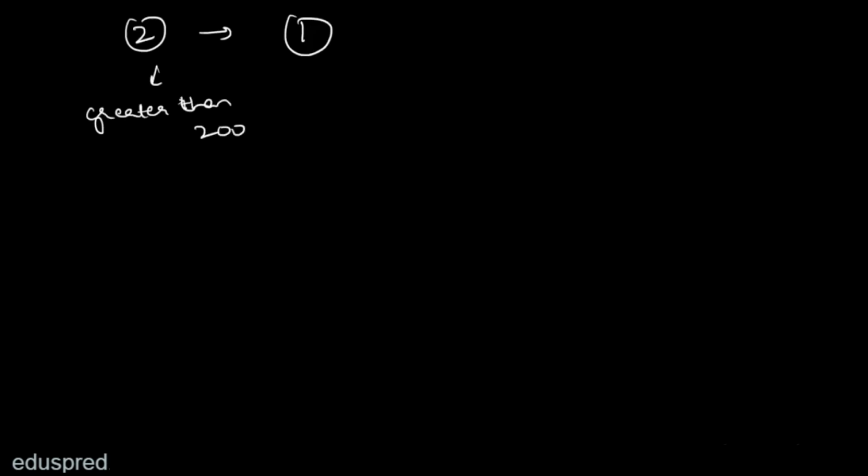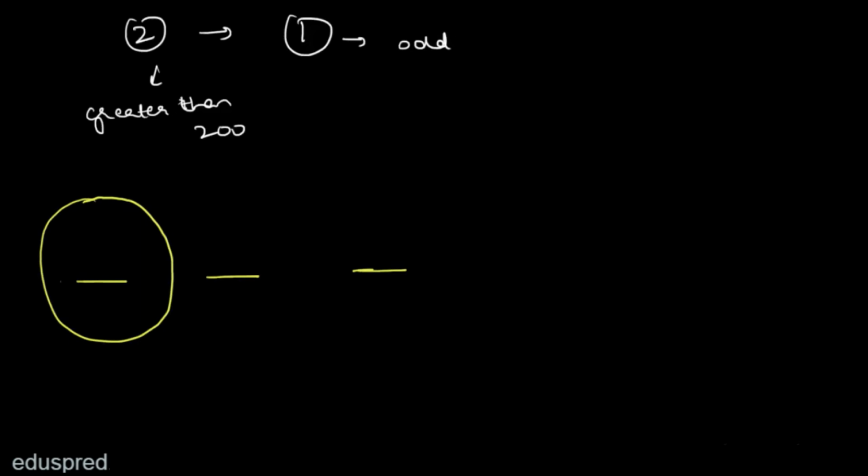And your condition number 1 is that the number should be odd. So once again, let's make 3 slots. And now because we are starting with the second condition, and the second condition depends on the hundreds place, we are going to start with this place only. So for the number to be greater than 200, this place can be filled in 4 ways. So we can have 2, 3, 4 or 5 here. So that means there are 4 ways to fill the first slot. And for the sake of example, let's say that the number we are filling here is 2.